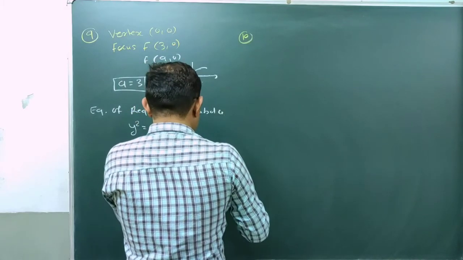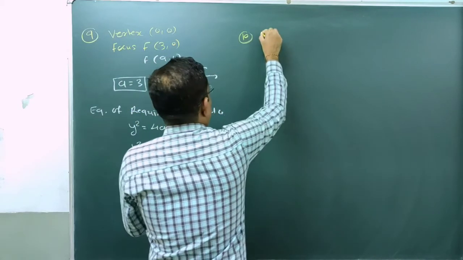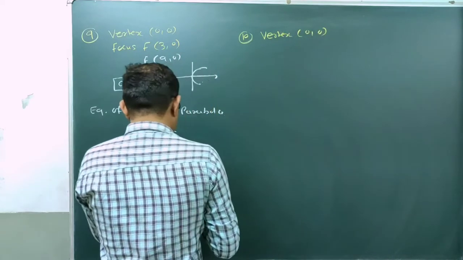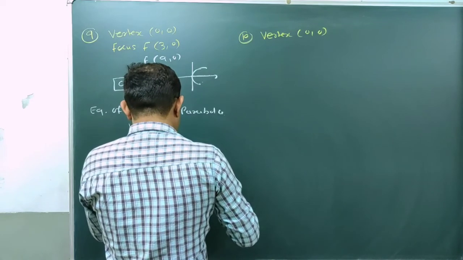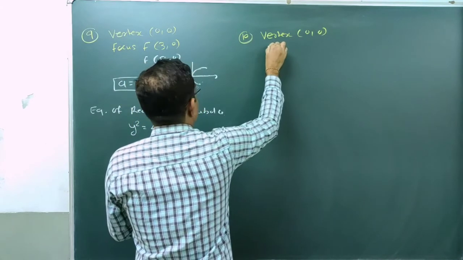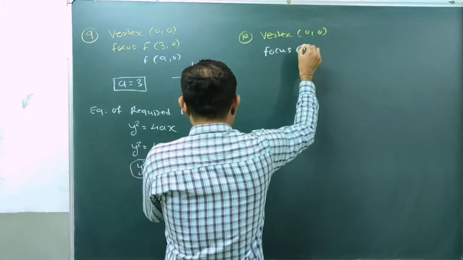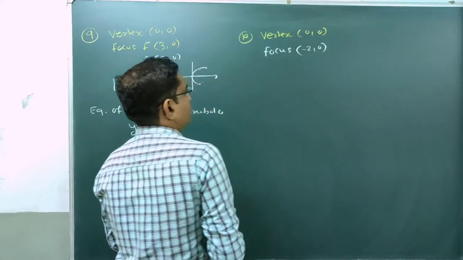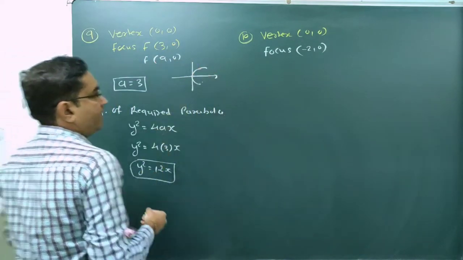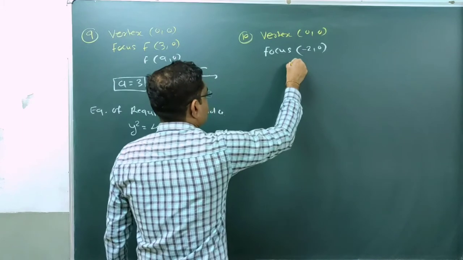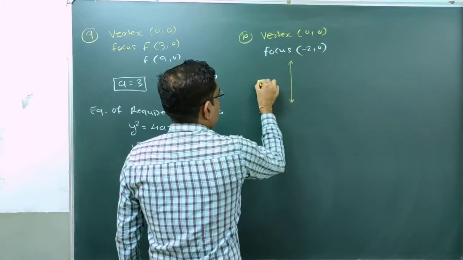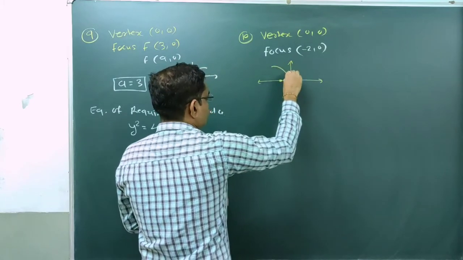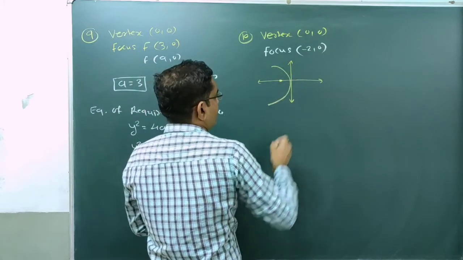So here condition is vertex, again vertex is (0, 0), and vertex is at origin, that is our standard parabola. And focus, coordinates of focus lies on the point (-2, 0), है ना. ये (3, 0) था, ये (-2, 0) है. सो रफ डायग्राम, फोकस हमारा negative x-axis पर है, यहाँ पर है. तो पैराबोला कैसा होगा, leftward parabola, है ना. और यहाँ पर डायरेक्ट्रिक्स होगी.